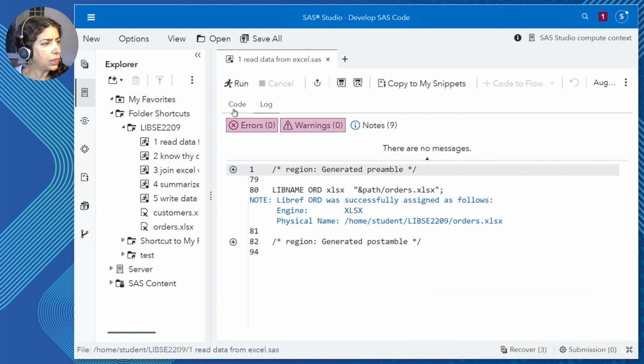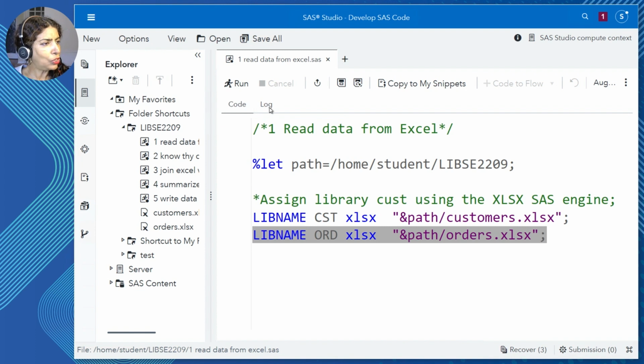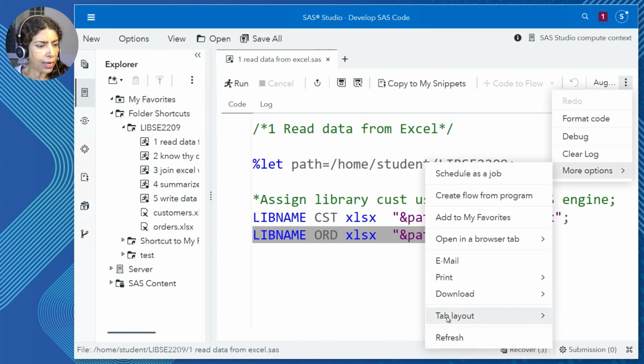A quick note here, I have set up my Studio session so I see the code and log. All logs associated with a certain piece of code or output all come together in a tab format. If you wish to split it out and have a separate code and a separate log, you can certainly do that, and let me show you how. I'll head over to the three dots, the ellipsis, and I'll go to more options, and there I have a tab layout right towards the bottom of the selections.